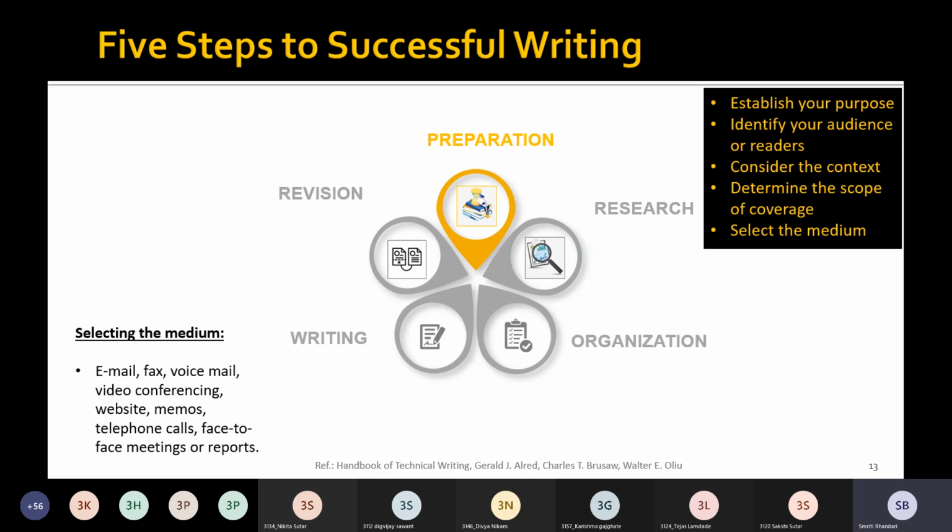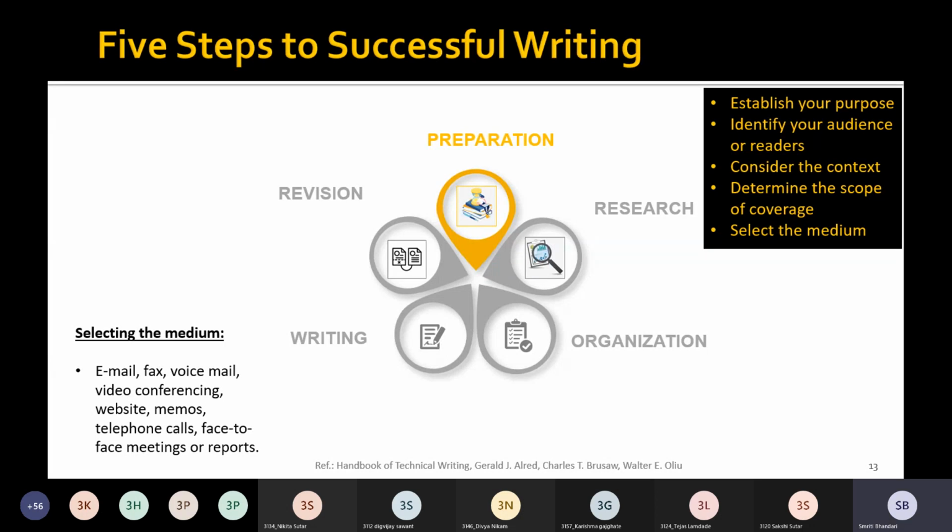For example, if you need to collaborate with some person to solve some problem, right? Or if you need to establish good rapport with somebody in your company or maybe outside the company, then instead of written communication, it would be better to have a phone call. It would be better to organize face-to-face meetings so that you can establish good rapport with the person or the team.